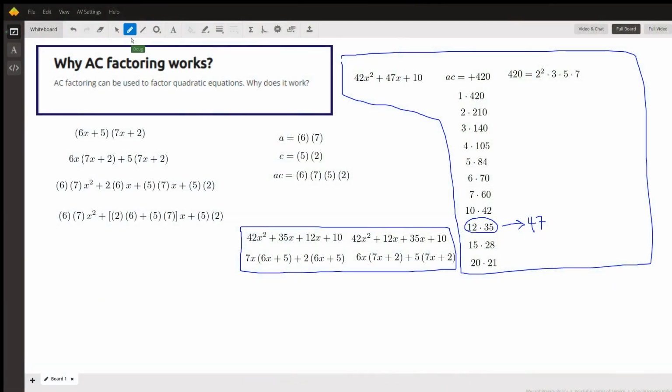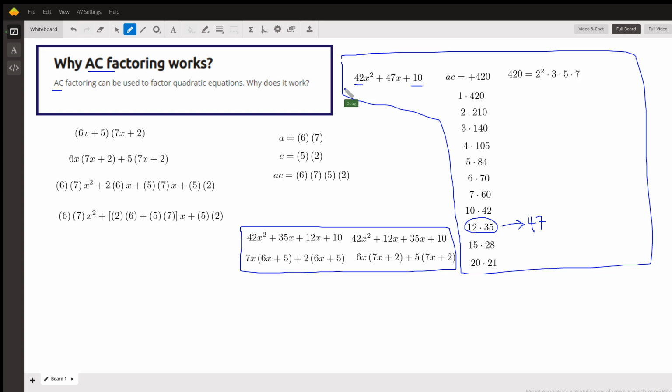Is why does AC factoring work? AC factoring is also called split the middle. Over here in blue, we have an example of using split the middle or the AC method. And then over here, we'll have a little explanation of why it works. Okay, so in this form,